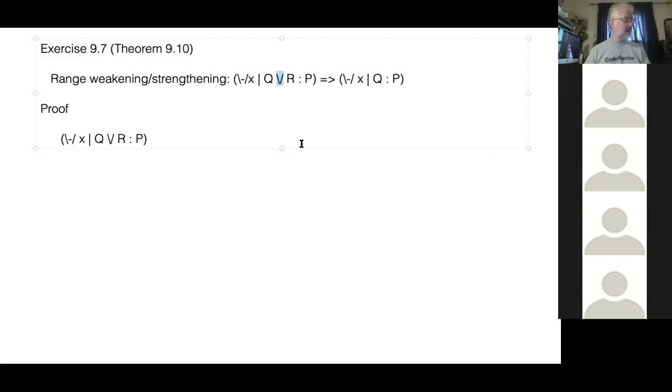8.16, 17, and 18. And one of the really nice things is that in chapter 9, we're almost always doing quantifications that are,